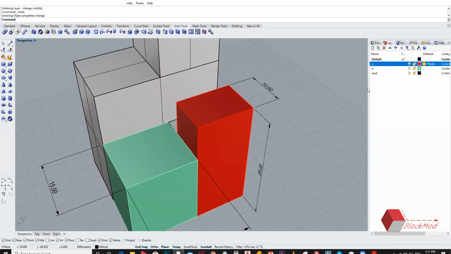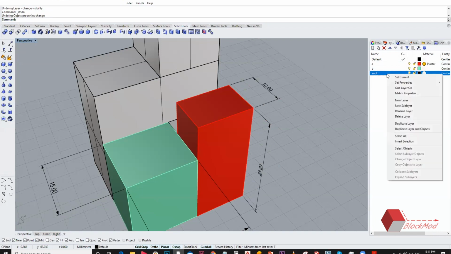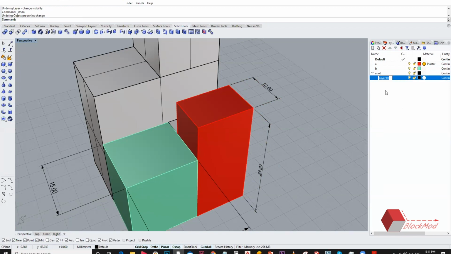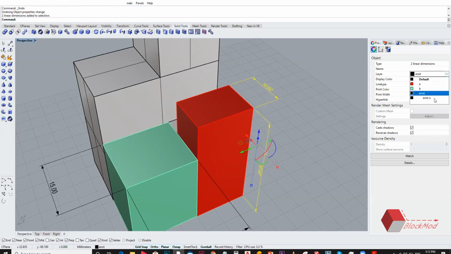There's one option in annotation itself. If you right click on the layer, you get new sub layer. So in the same layer, you can create a different sub layer, saying annotate A, and I can assign this to that particular layer.